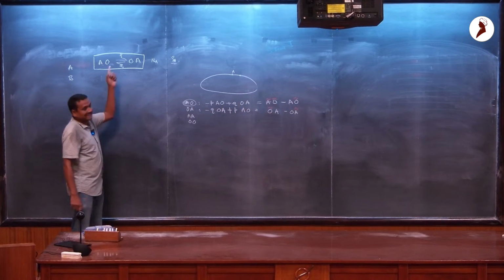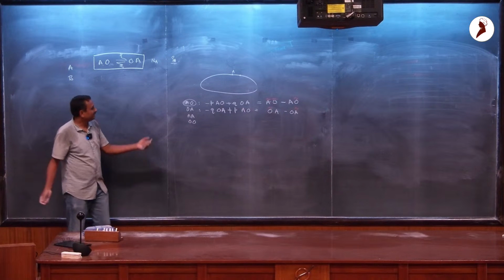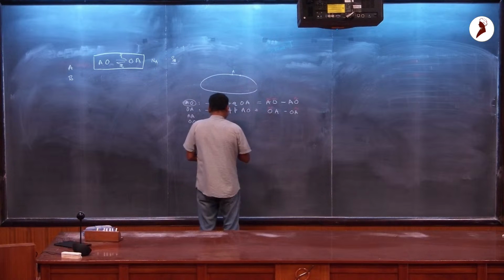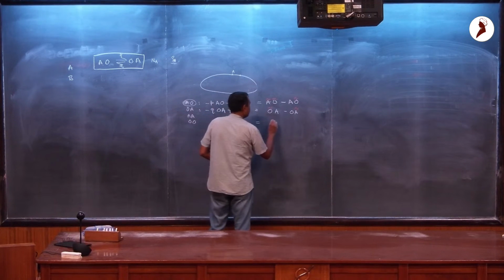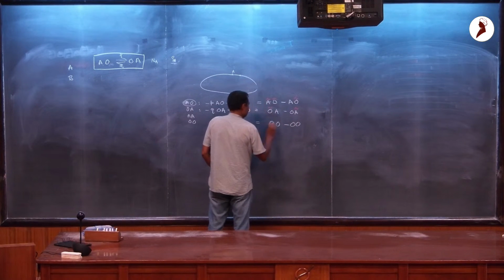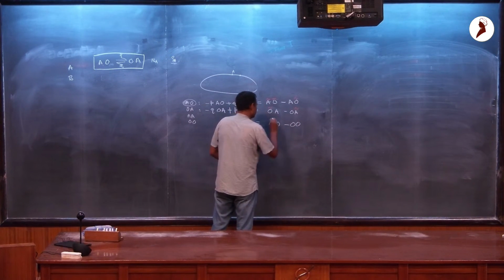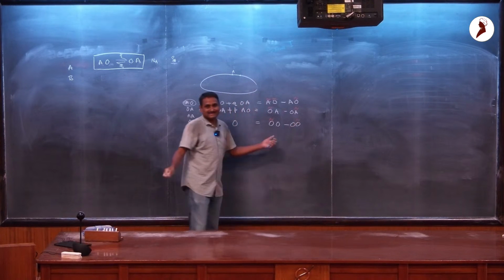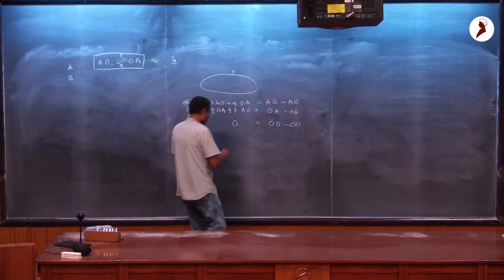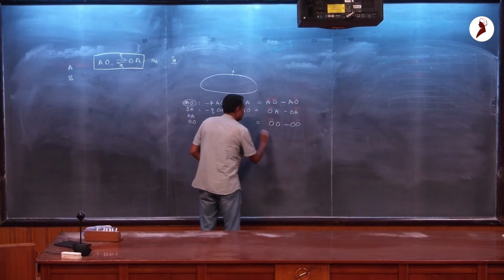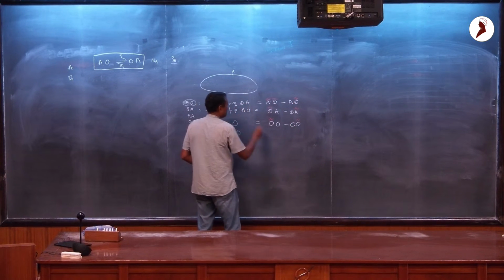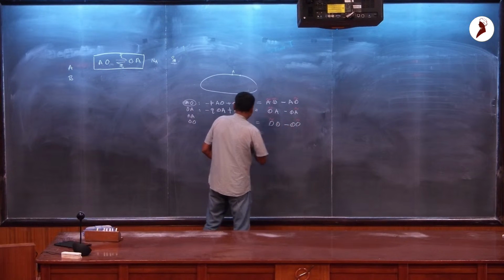What about this? AA, nothing happens, right? So the left-hand side is 0, but the right-hand side still exists. So 0, nothing, equal to 0, 0, 0, 0, minus 0, 0. So you have to put tildes also, tildes and tildes. This is something people miss out sometimes, so don't miss it out, write everything. And then another 0 equal to,